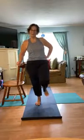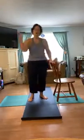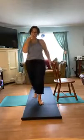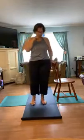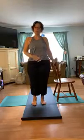Great job. Awesome. So now we're going to do the lunge on the other side. I'm going to move my chair. You could just turn your back and just listen to me since you know what this looks like, right? Or have me facing the side so you can see me. Awesome. Okay. So this time, standing tall in Mountain Pose, we're going to inhale and exhale and step